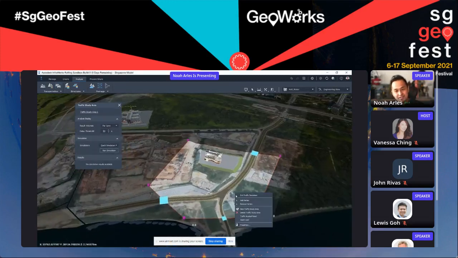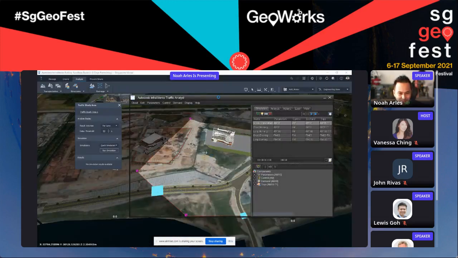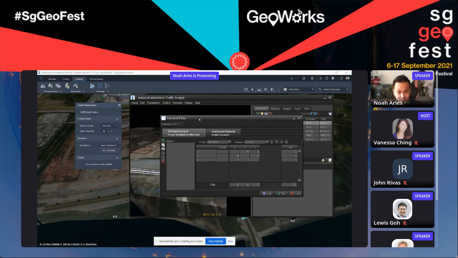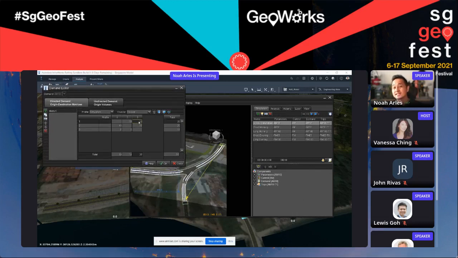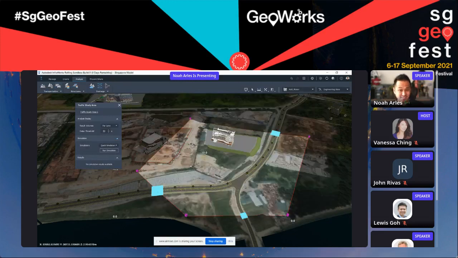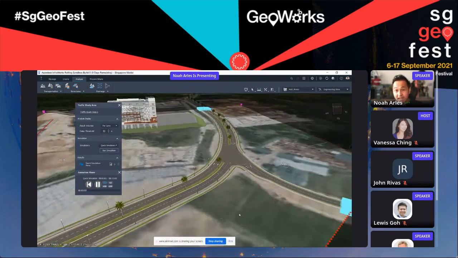So what we're trying to do here is not create models just for the sake of creating 3D models. What we want to do next is analyze how traffic is going to perform in this particular site. And to do that, maybe you have access to LTA's vehicle volume count for this particular part of Singapore. All you have to do is key those parameters in and sync it with your 3D model. And once you're done with all of that number crunching, which in this case you're not doing, you're letting the cloud run that simulation and play that simulation live.